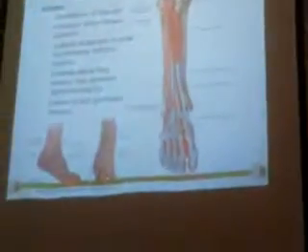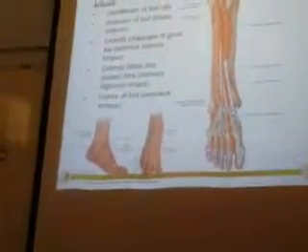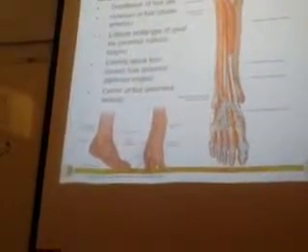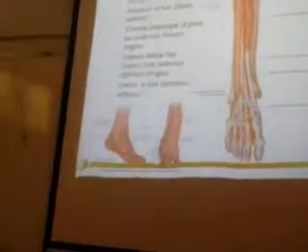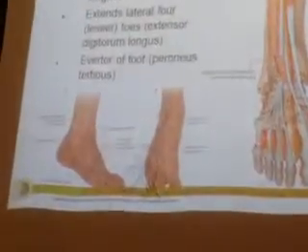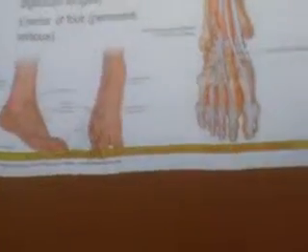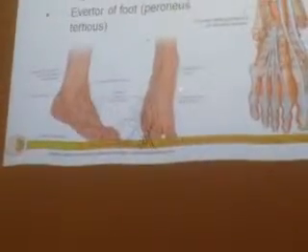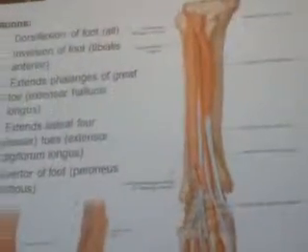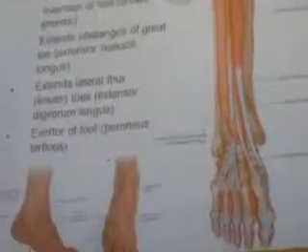If you can see here, the person is trying dorsiflexion, so you can see the extensor digitorum longus, which is this tendon. You can see all these tendons, and here you can see the peroneus tertius. On the medial side, you can see the tibialis anterior. So this is how you can see with different movements. You can check the tendons also.